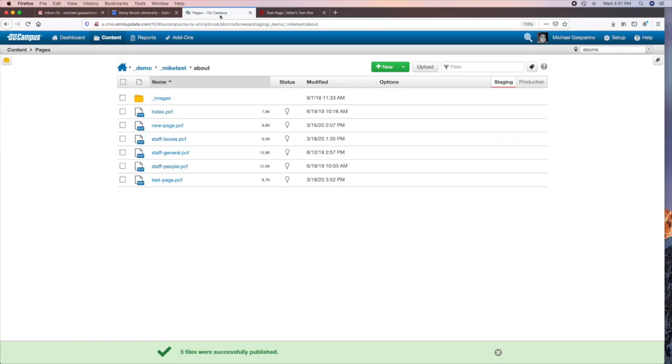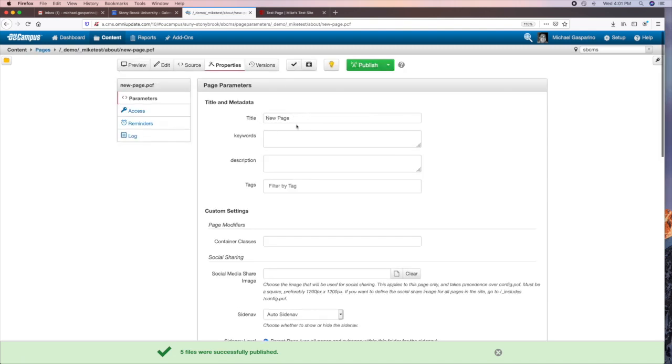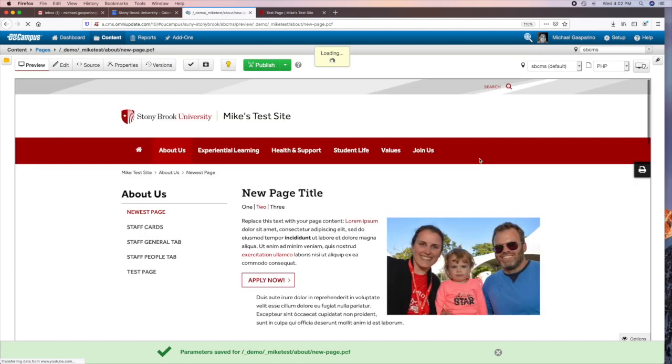So that's if you create a new page. That also applies if I rename a page, or I should say if I rename a page title. So if I check a page out and go to properties, I can change the page title in here. So let's say I change it to newest page and save it. It's changed here, and again, if I publish it